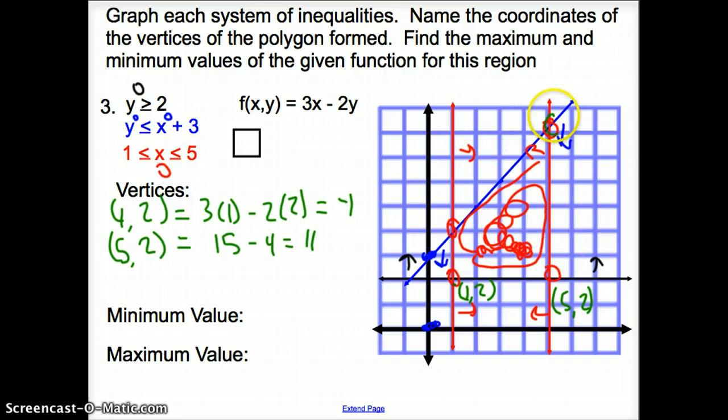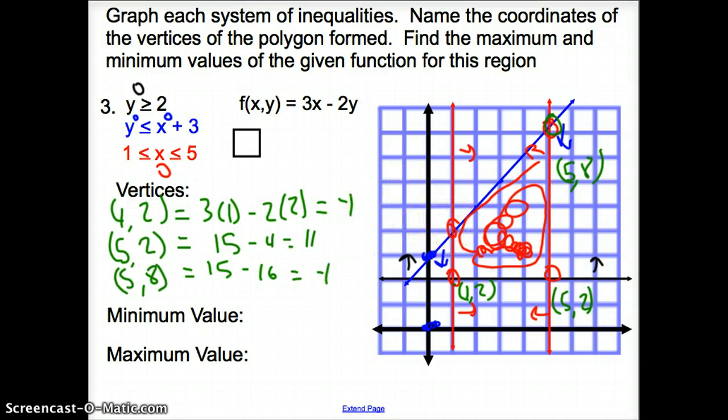The next vertex is all the way up here, which is 5, 4, 5, what? 5, 4, 5, 6, 7, 8. 5, 8. So now I'm going to put 5, 8 for my vertex. And so I'm going to get 15 minus 24. 15 minus 24 is not 24, I apologize. It's going to be minus 16 equals